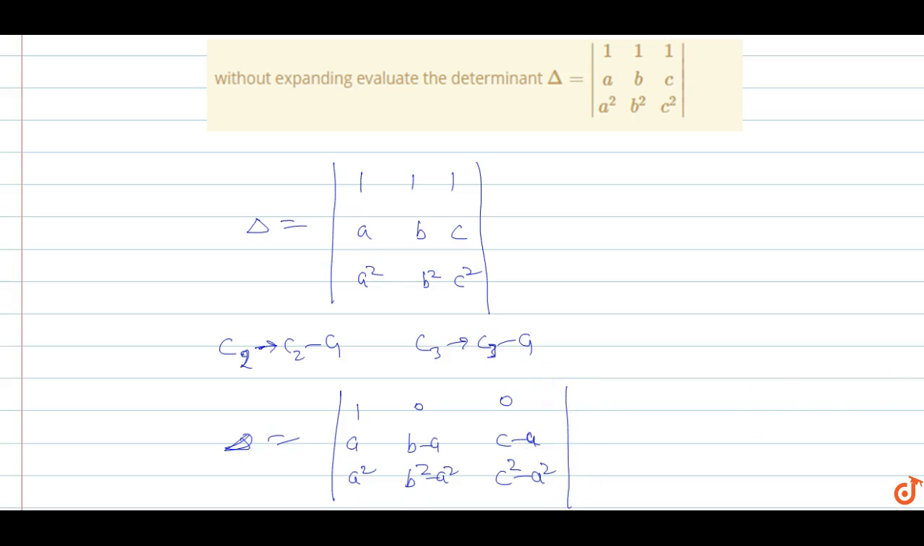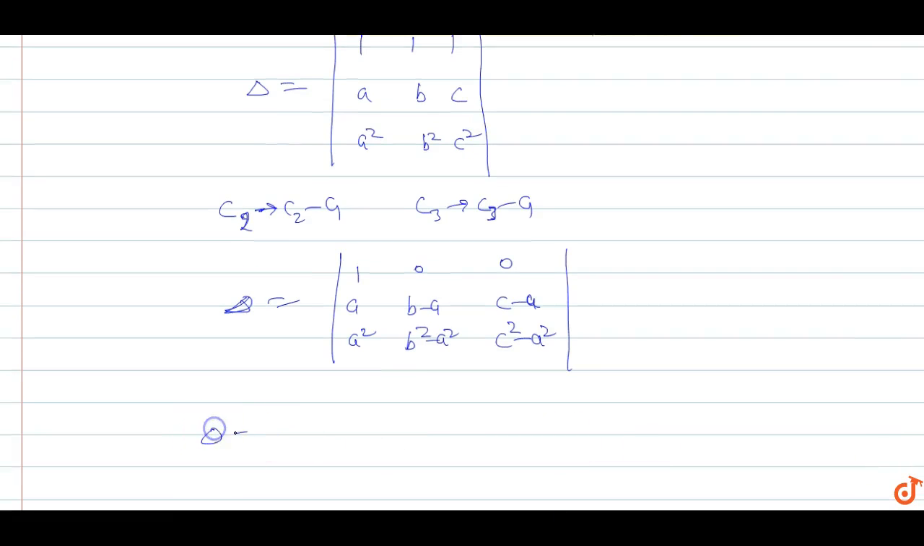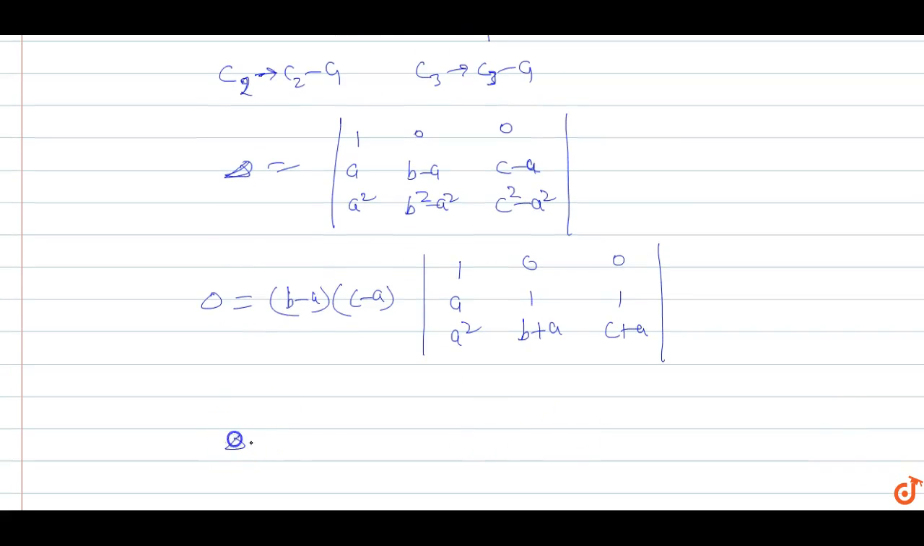Okay, so in this delta, you take common b minus a from the c2 and c minus a from the c3. So let's take b minus a, c minus a as common. So this will become 1, a, a square, 0, 1, b plus a, this will become 0, 1, c plus a. Okay, so delta is